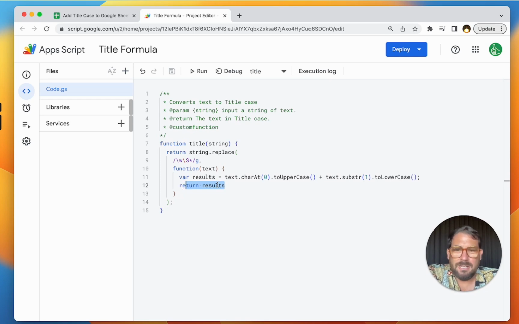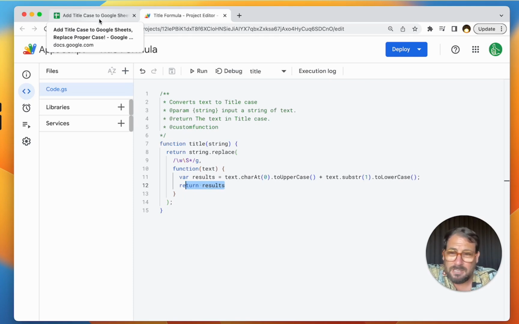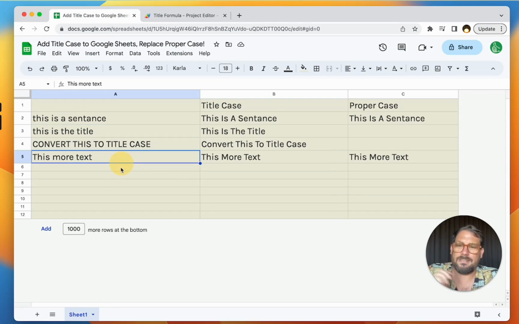Now, of course, what this does is it involves a little bit of a problem, right? Because it's going to retitle things like McDonald's, which has a capital M and a capital D, or if you have some names that have two capitalizations, it's not going to capitalize those correctly. So like something like